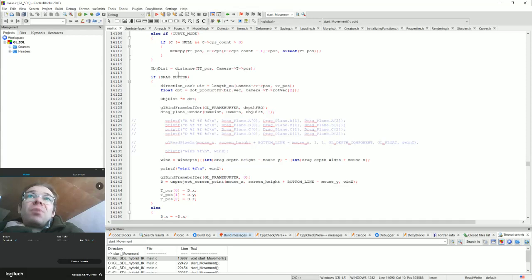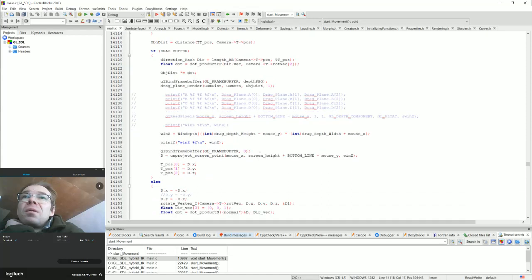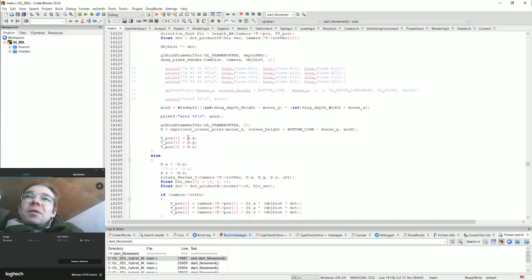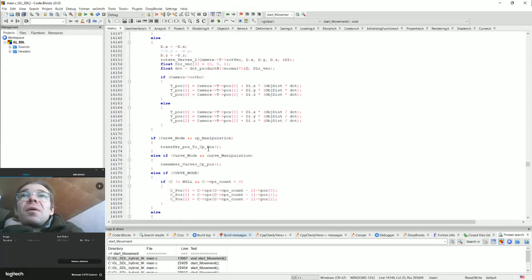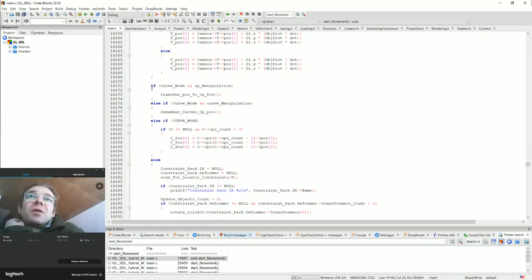Here we see drag buffer when this view projection is turned on. Then we see this wind set component here. And we see that D is used here also. And here we see another round of preparation for those